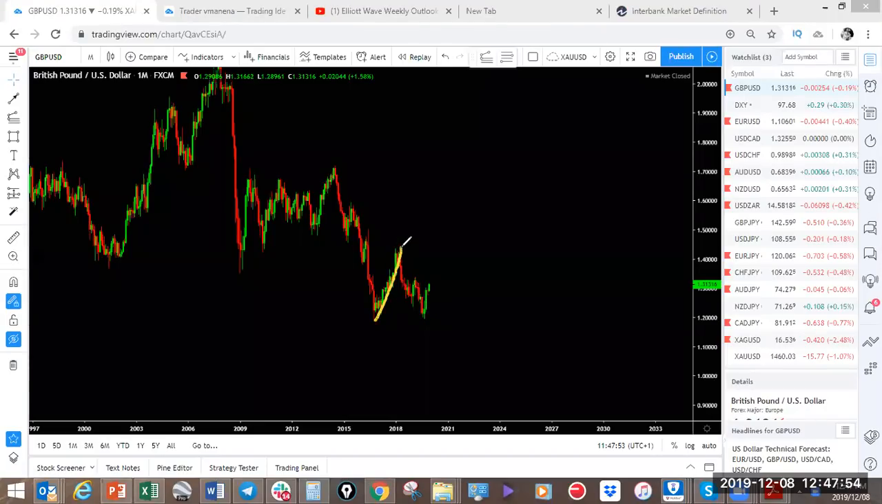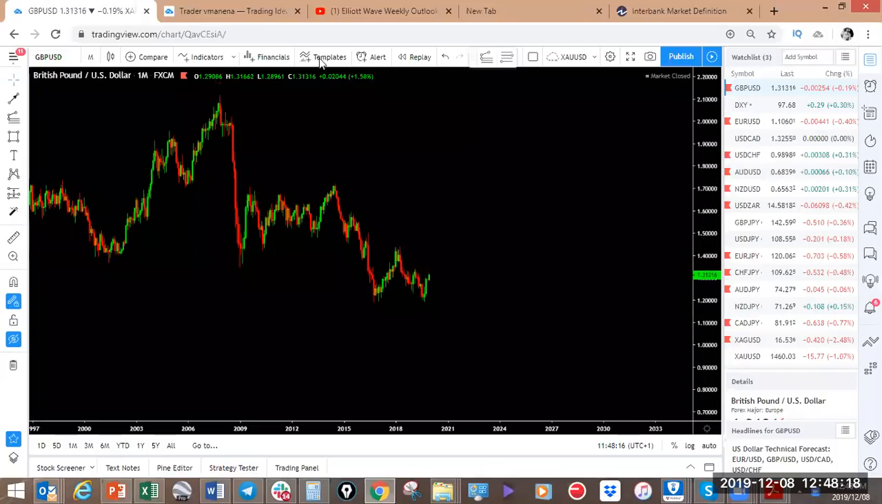Now we have this structure to the upside. We have this structure to the downside. Now it is common that you should be getting a move to the upside. The only challenging part is when to take these trades, because this is a monthly. If this is correcting over 500 pips, you're not going to be able to hold that trade. So the timing is absolutely critical when it comes to this, but we can clearly see that we've got a